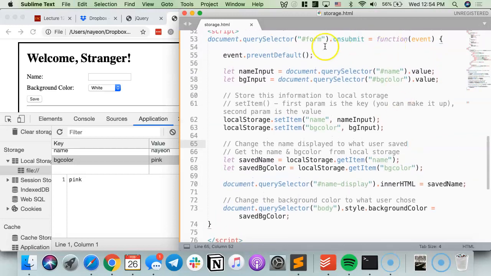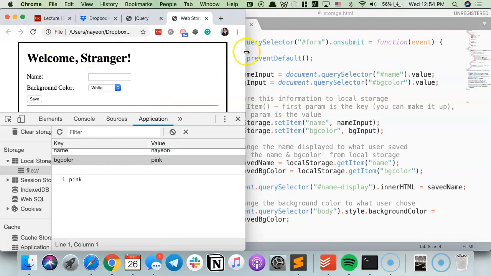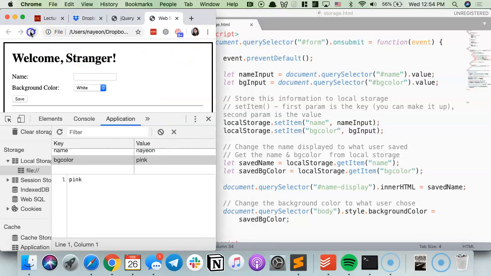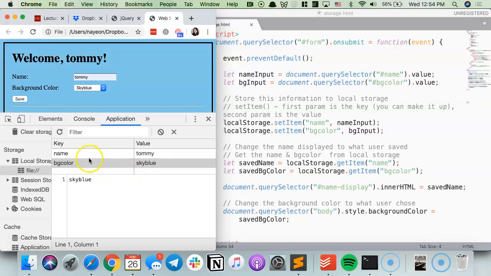Right now I put everything under on submit, for now. So let's try this out. Let's refresh this. Refresh. Okay, I'm going to put Tommy. I'm going to choose pink. I'll click save. Whoa, there we go. If I change this to sky blue, awesome. So my BG color is now sky blue, and I've also changed the actual background color to sky blue. If I change Tommy to Joe or something,